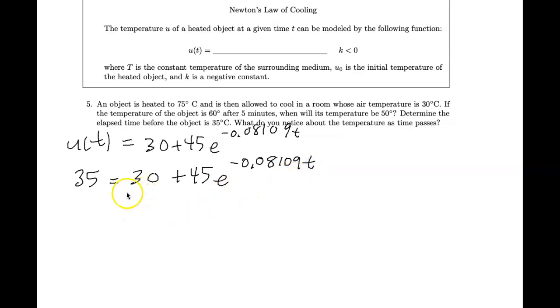We can start off by subtracting 30 from both sides, dividing both sides by 45, and simplifying that to 1/9 equals e to the negative